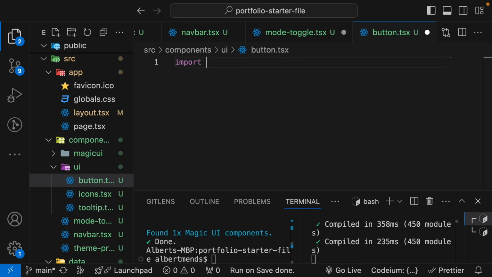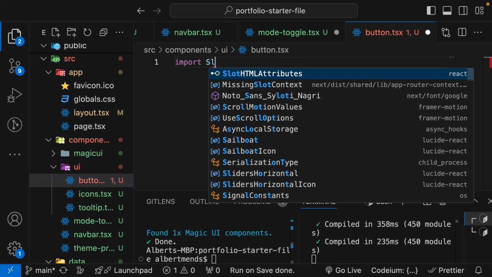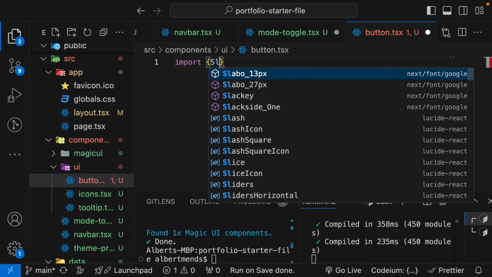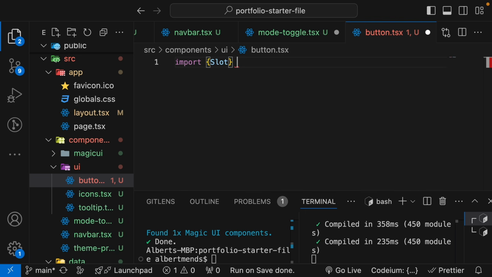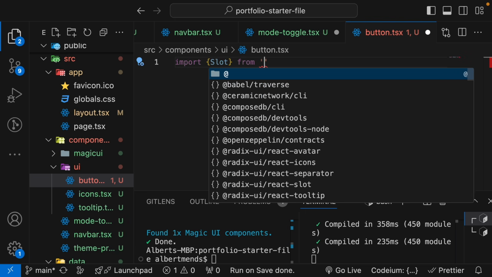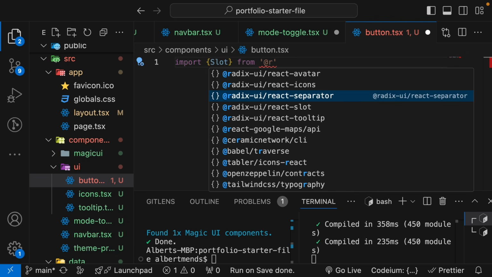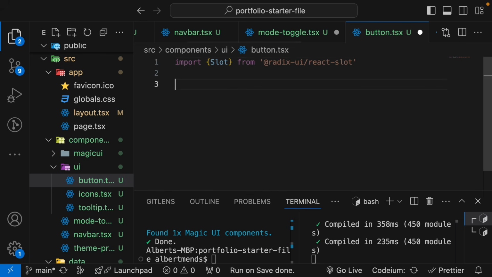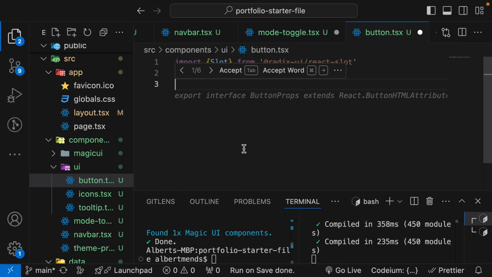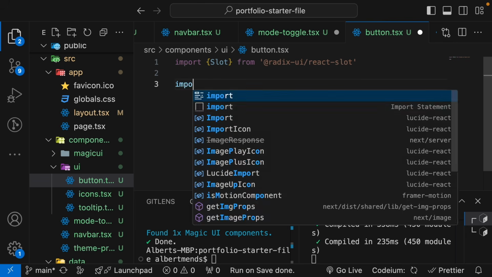So we are going to import Slot from Radix UI React Slot. The Slot component is used to allow the button component to accept another component as a child, maintaining the correct context and styling. From that, we are going to import